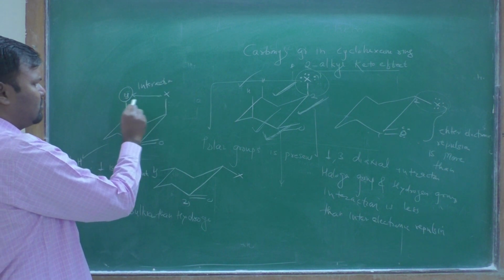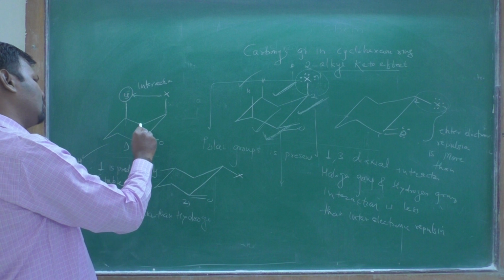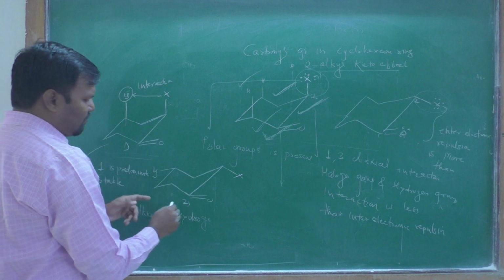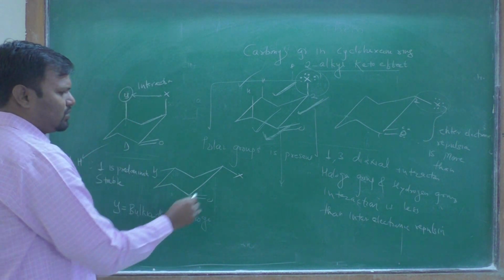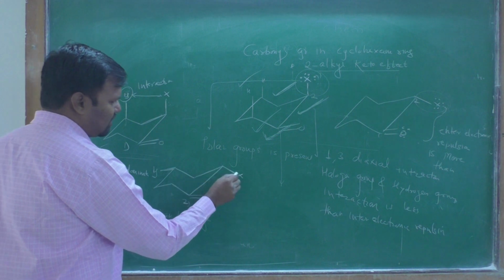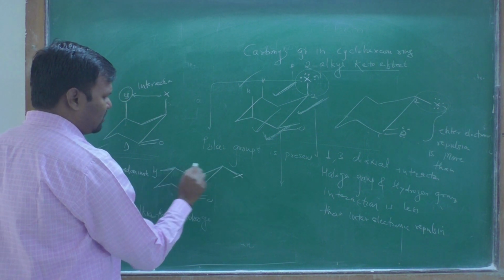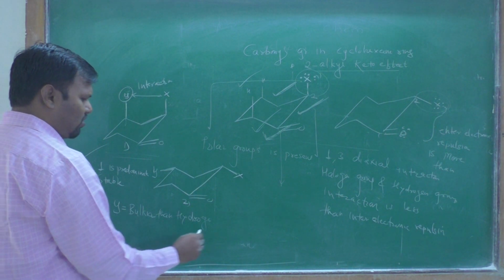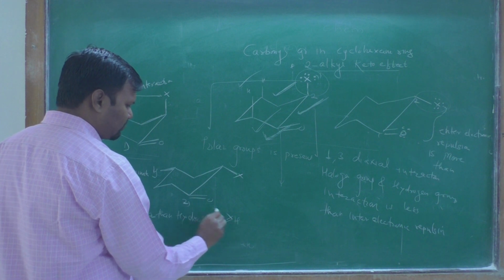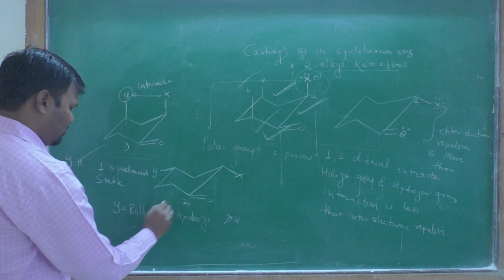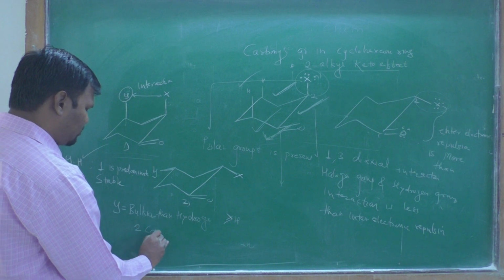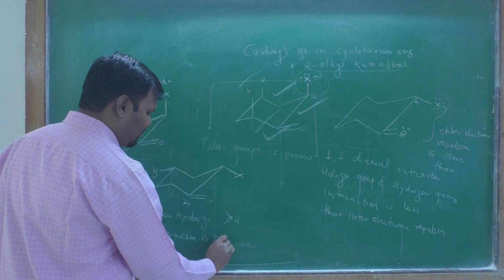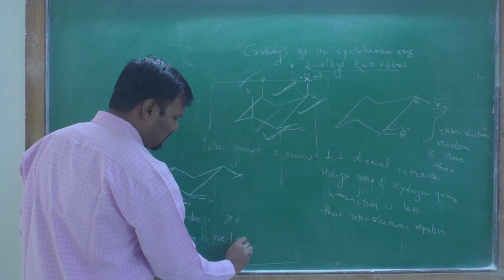Therefore, this conformation gets unstable. Instead of this, it prefers the second conformation, where the bulkier group and this X group interact less and the 1,3 interaction gets minimized. If Y is bulkier than hydrogen, then this second conformation is predominant